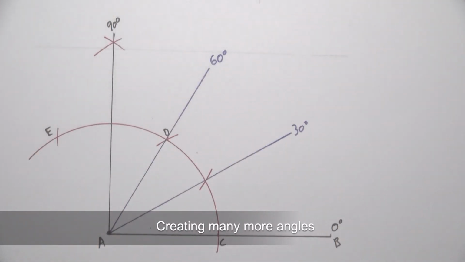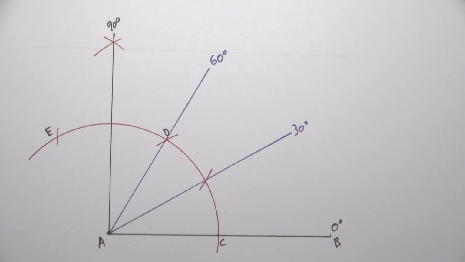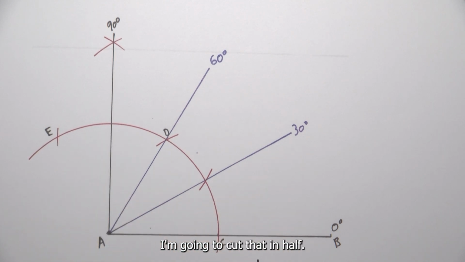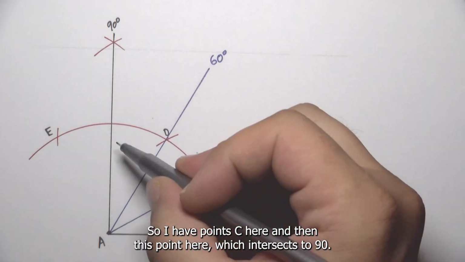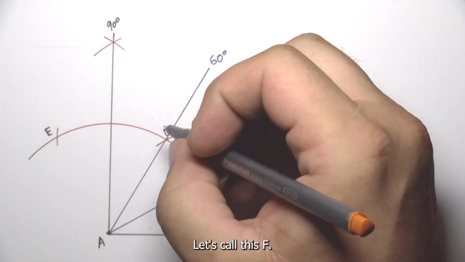So in this video, we're going to carry on with this same trisection of the 90 degree, and we're going to create a whole bunch more angles. So first up, I'm going to start with the 90. I'm going to cut that in half, right? So I have point C here, and then this point here, which intersects the 90. Let's call this F,